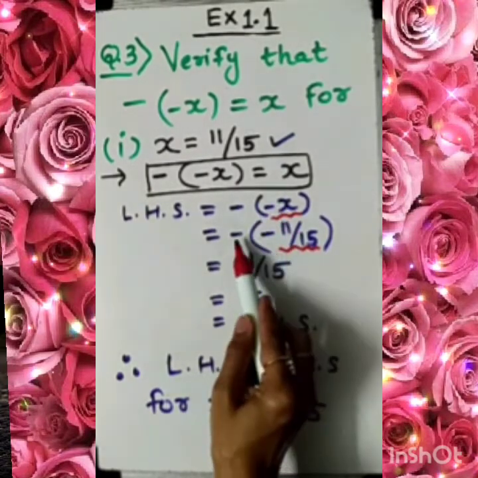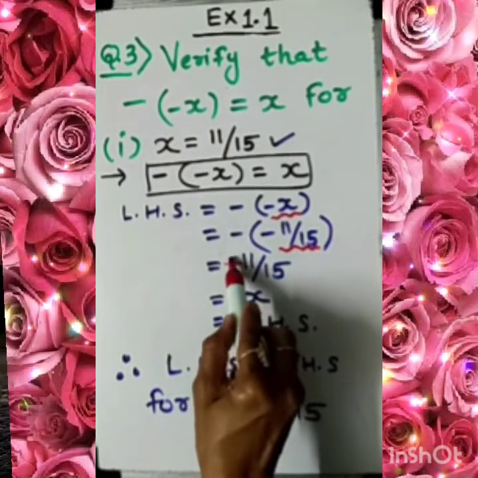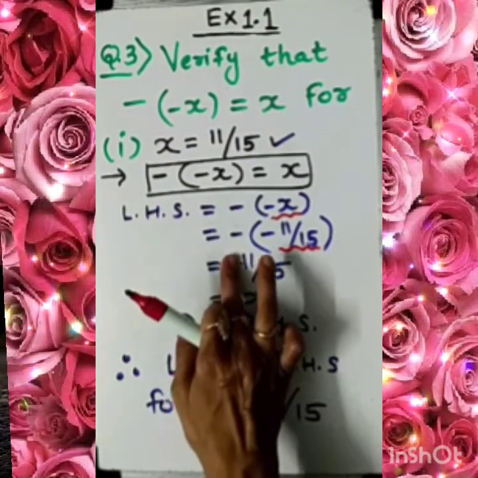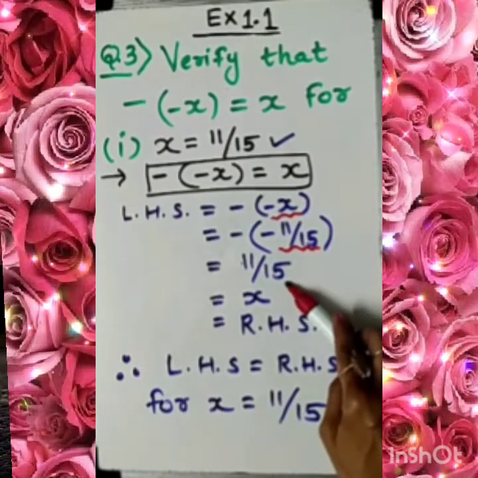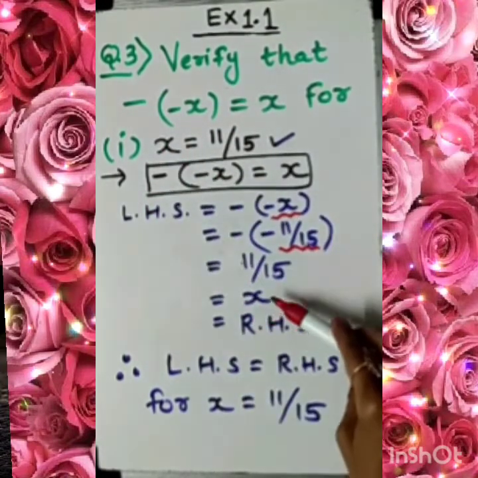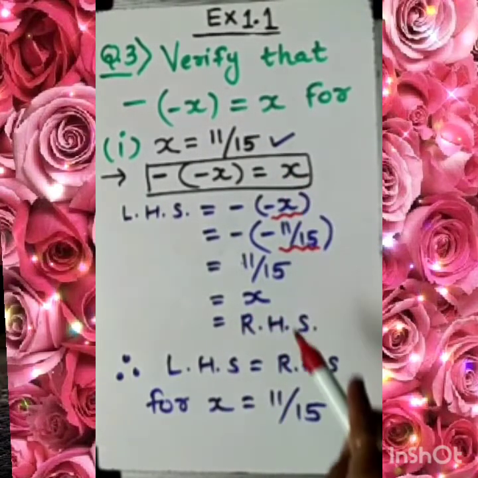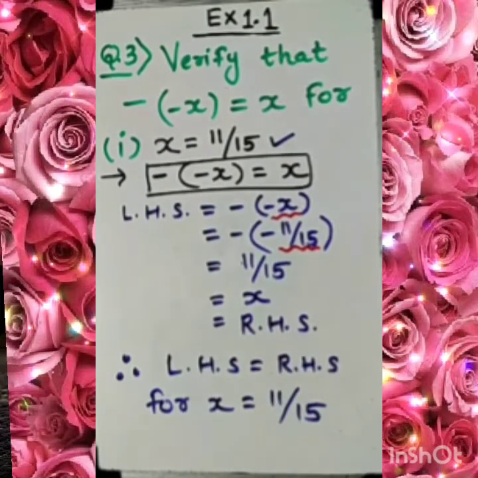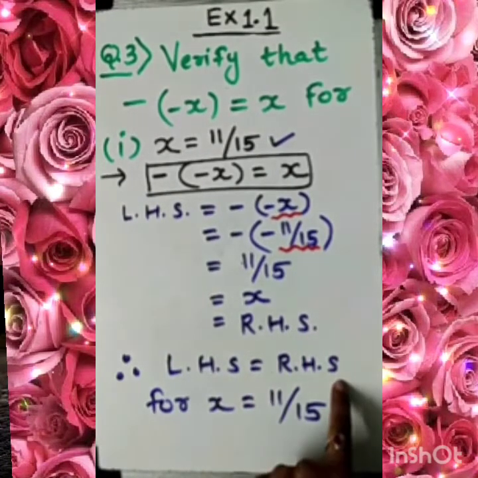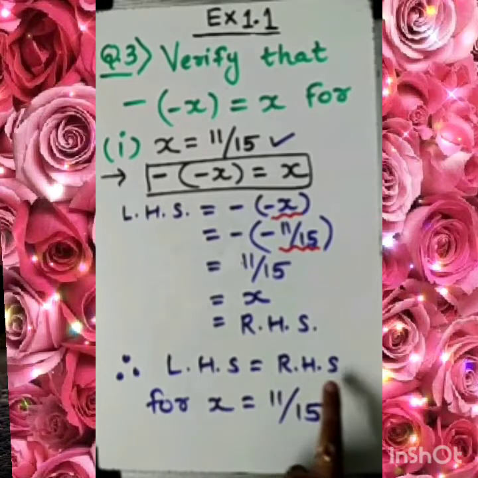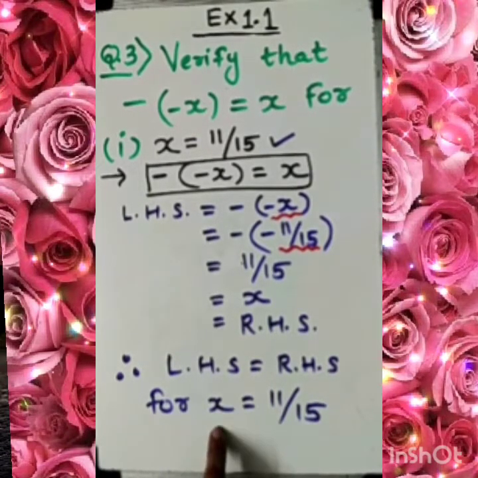As we know, dear student, minus minus is plus. If you do not mention this plus sign, it's also okay. It indicates a positive rational number. Now, what is 11 by 50? This value is the value of x itself. So I am writing x here, which is our RHS, the right hand side we had to prove. As we began with LHS and completed up to RHS, LHS equal to RHS, for x equal to 11 by 50.